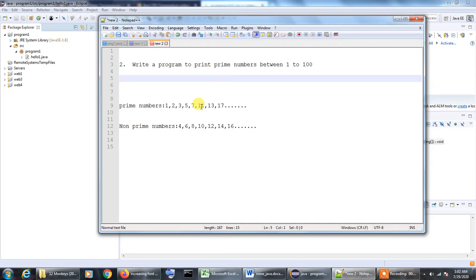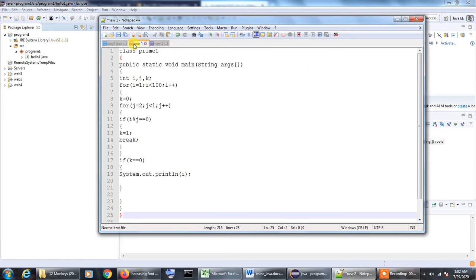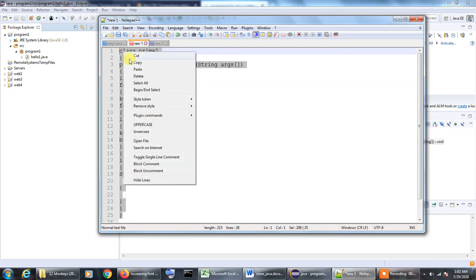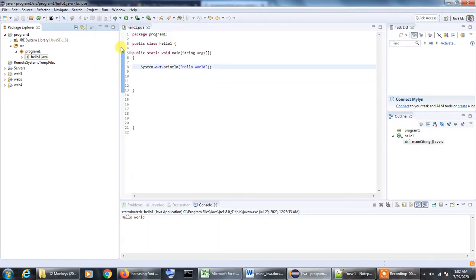So let me just show you the code that we will be using in this program. So here is the code for this particular program. Let me copy it and paste it in Eclipse, and then I'll explain how we are going to solve this problem. We'll be using the package that we used for our previous Hello World program.